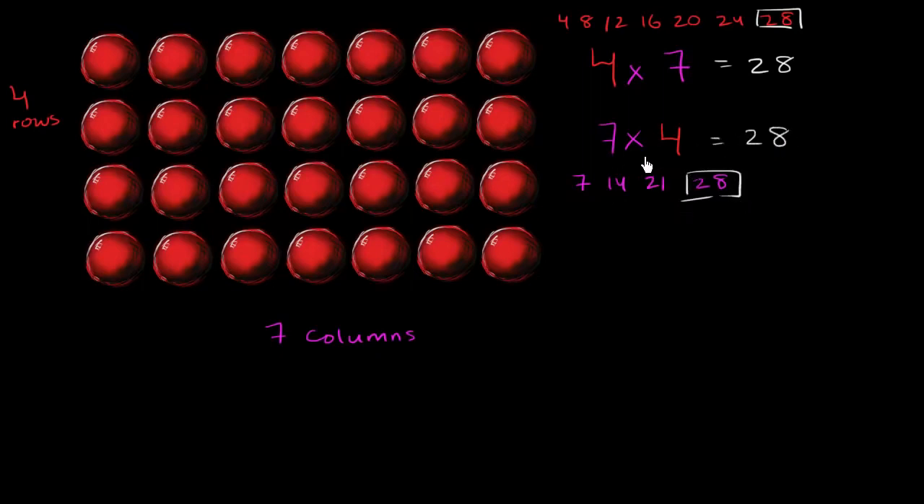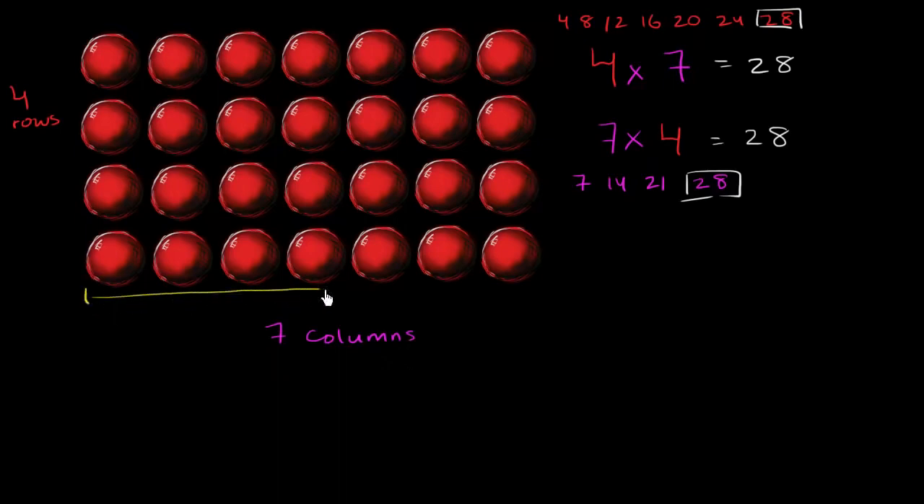But what if you had a situation where you either didn't want to do these techniques, or it would have been hard to do these techniques, or you didn't know what 4 times 7 was off the top of your head, which you should know at some point in the very, very near future? Is there any way to break this down into something that maybe you do know, or maybe that's a little bit easier to compute? Well, you could realize that 7 columns is the same thing as 5 columns and then 2 columns. So you could view 7 columns as,